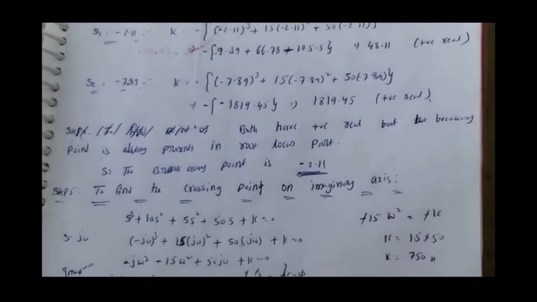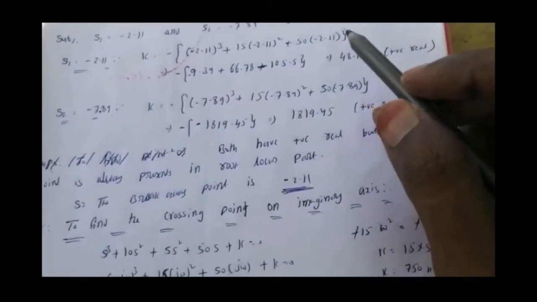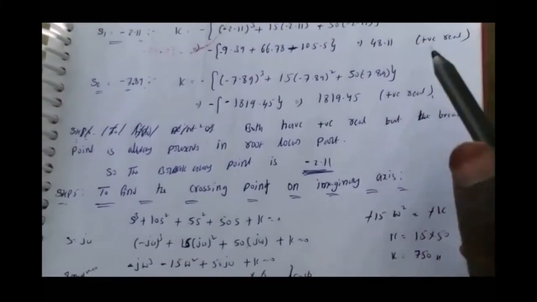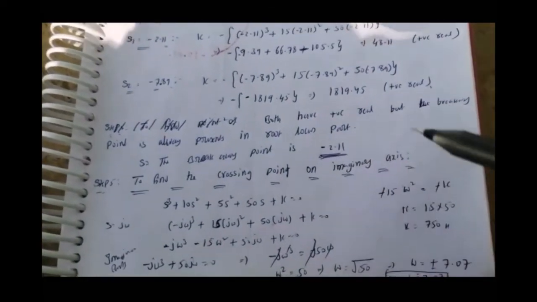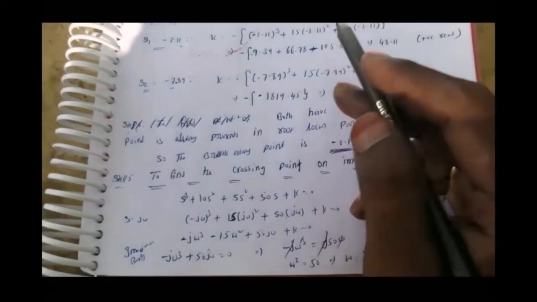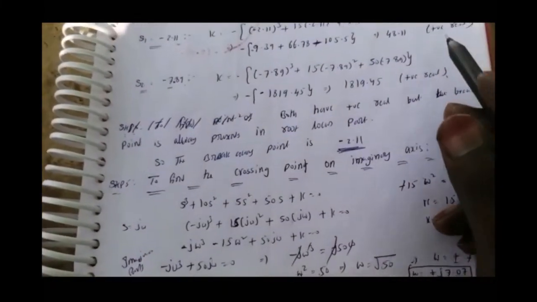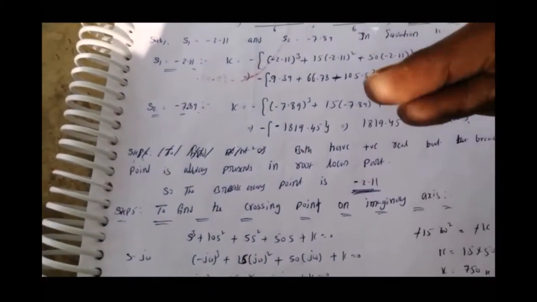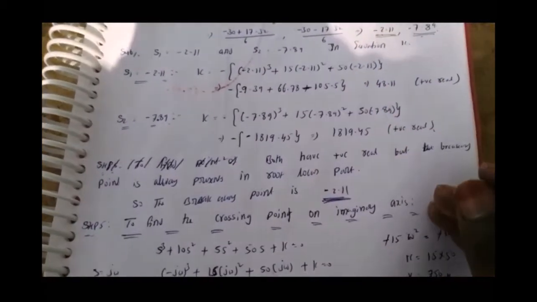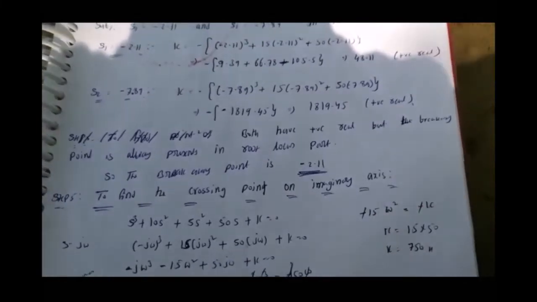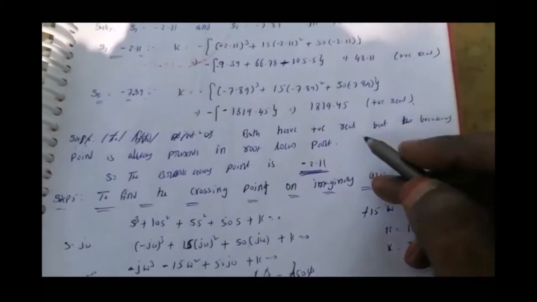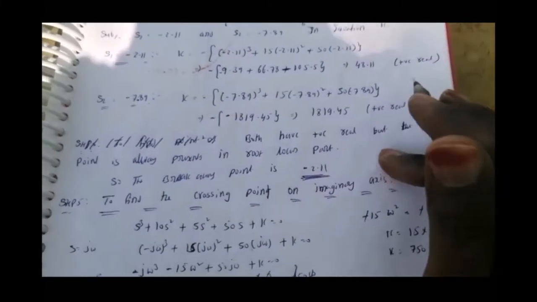Next step is to find the angle of departure and angle of arrival, but in this problem there is no need to find them. Why? Because we have to find the angle of arrival and angle of departure only when the poles or zeros are in the form of complex conjugates. Here we got only real values, that is 0, minus 5 and minus 10, right? So there is no need to find the angle of arrival and angle of departure.